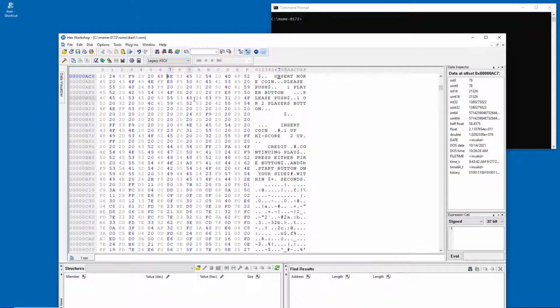So we actually reduced the value of that by 1. We turned it from an H, an insert, to an I. So we went from 49 hex to 48 hex. Save it